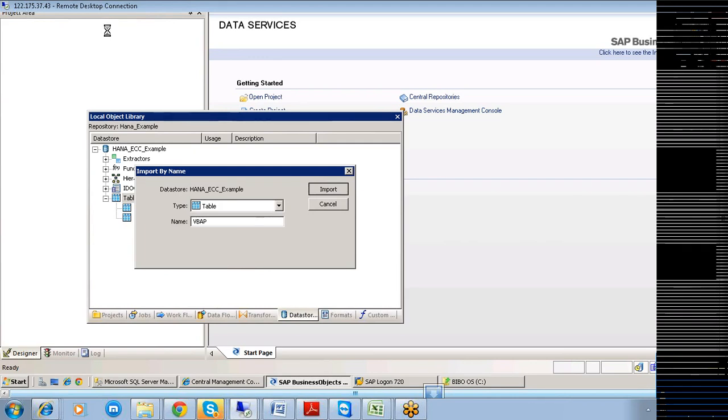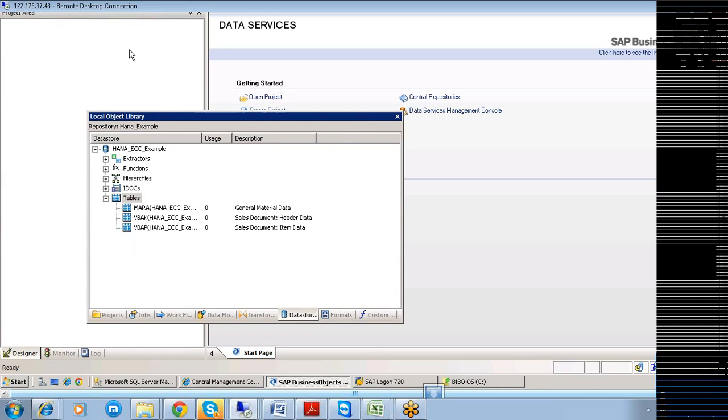Import this data also here. VBAK, VBAP, and MARA. Archana and Veda, you are seeing, right? These are the three tables that have been imported here.